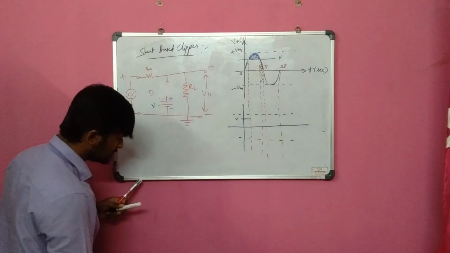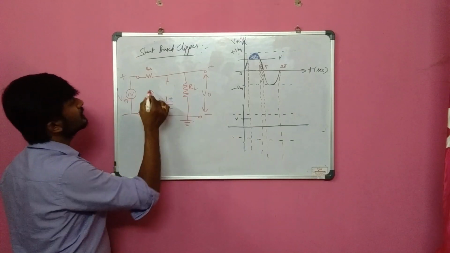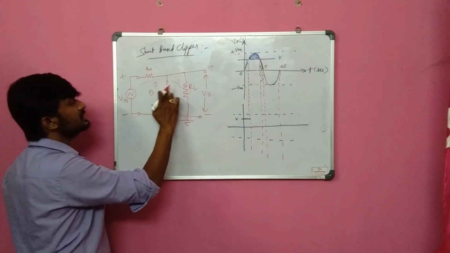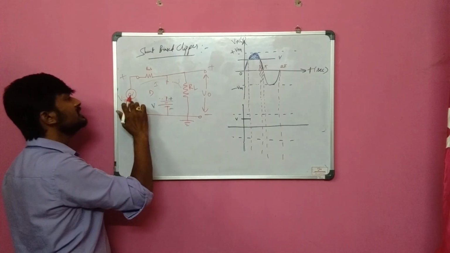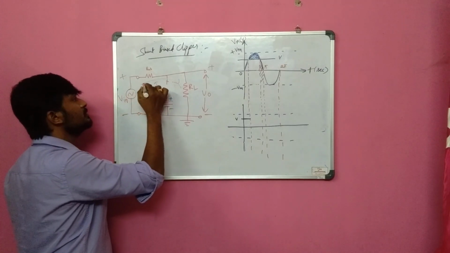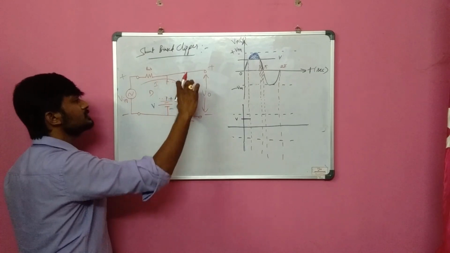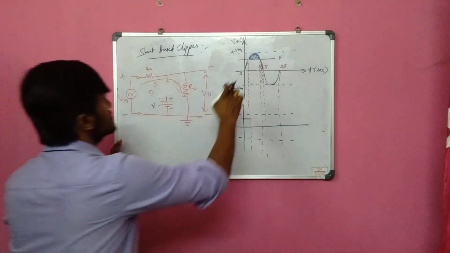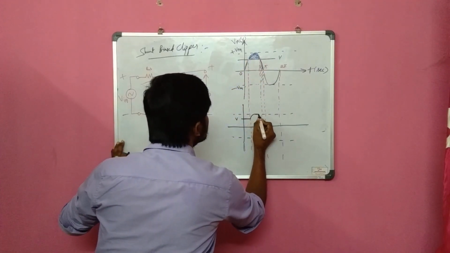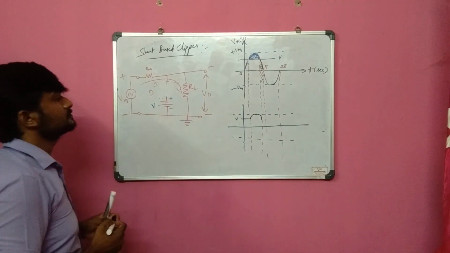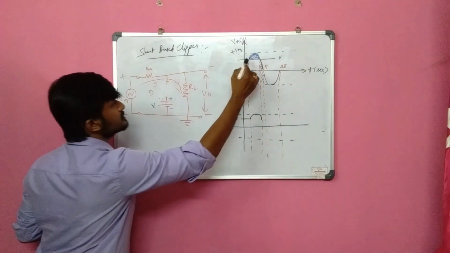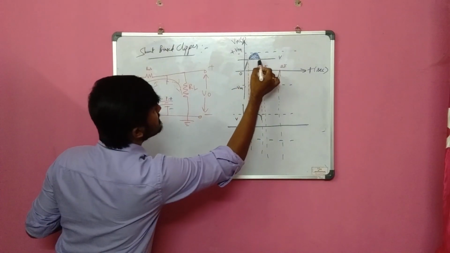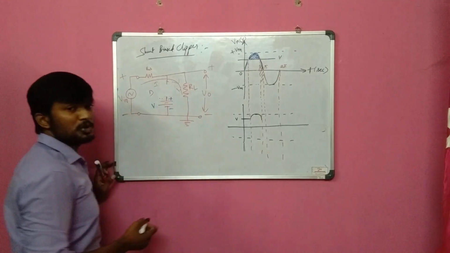Open circuit in the sense there will be current flow like this, not like this, because here the circuit is open. So due to this V, there will be a current I, and this current I will be moving like this. So the drop will be across RL, and the output will follow the same shape as the input, like this. Now let's see what happens for the third zone, beyond V.